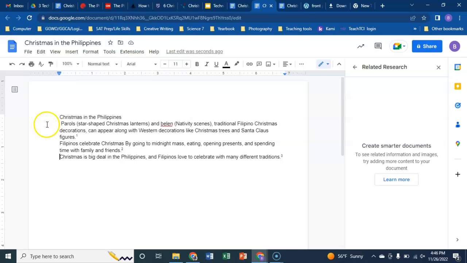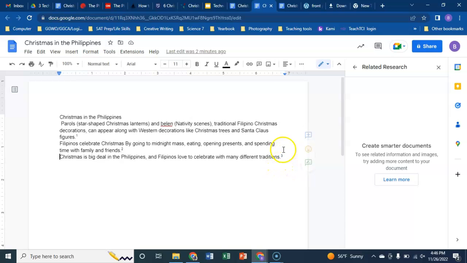So here I've looked at paroles, which are star-shaped Christmas lanterns, and belen, which are nativity scenes, and then there's also Christmas trees, Santa Claus figures. Then this one has some of the things that Filipinos do when they're celebrating Christmas. And then this third one is about different